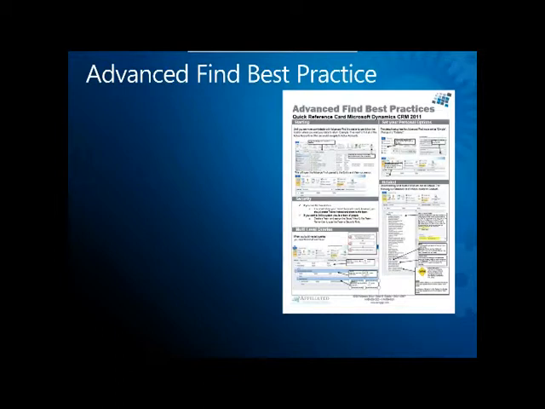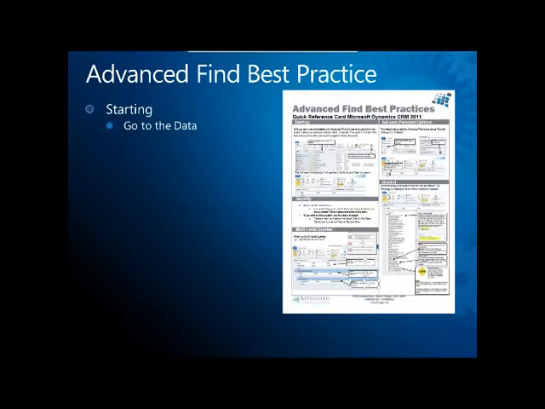But first of all, what's the first thing? Starting. How do you start an Advanced Find? Well, the problem with Advanced Find is it allows you to actually search data across almost all the entities in the Microsoft Dynamics CRM system. There's a lot of entities. So when you first pop open Advanced Find, it can be daunting trying to find the system and the data that you want. So what I typically ask people to do is just go to where all of your data